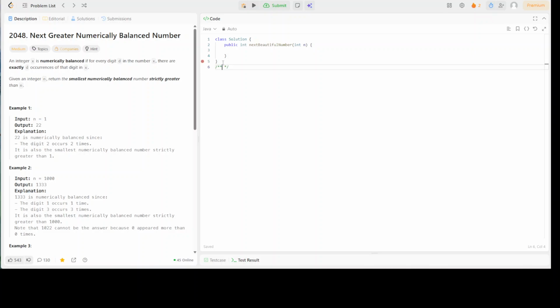So what is being said is, let's say there is some number 1, then first of all we need to return a number that is greater than 1. So it should start with 2 or more, right? It should be greater than or equal to 2, and it should be the smallest and numerically balanced. So it's equivalent to saying we need to return a number that is numerically balanced, and it comes first